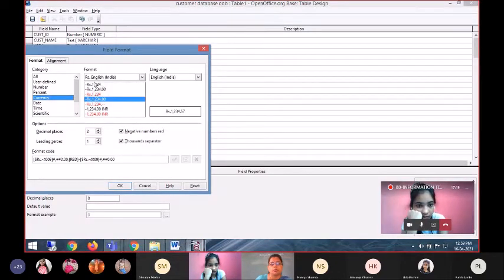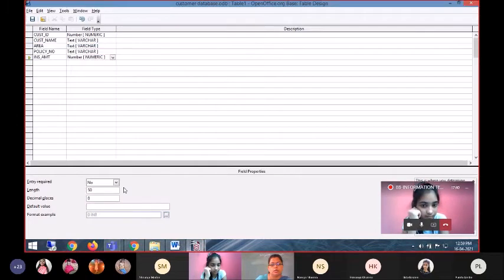We can pick from here what kind of number I want. So I would like to use this INR format. How many decimal places? 2. If I want 0 decimal places, I can make it 0 also. Right? So this way we can set the format for currency.